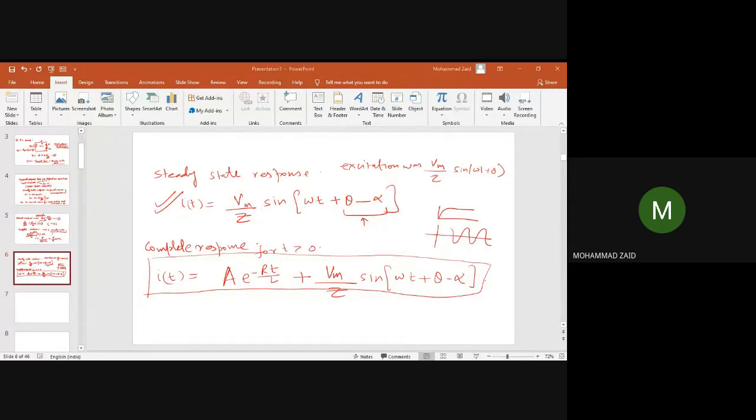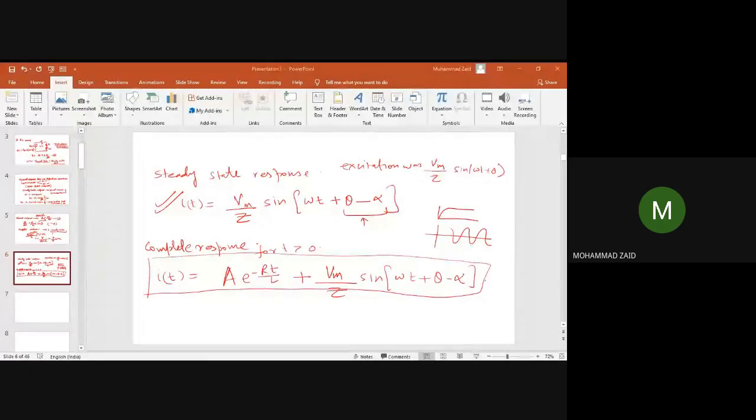It is the same as the case of DC. Only the excitation has changed, so the response has also changed. Earlier the excitation was DC, so we got the final steady state value as DC. Now the excitation is AC, so we get the final steady state value as AC. But the expression for the transient response has remained the same in the case of AC and DC, because the transient response does not depend on the input of the system. It does not depend on whether it is a step input or sinusoidal input or some other input. Only the steady state response will change.